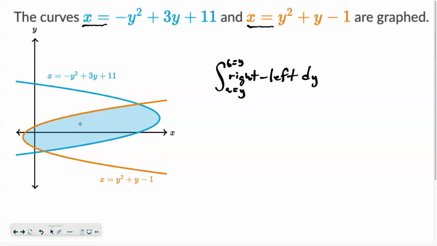Okay, so you guys can see the shaded area. That's not an issue. What we're going to do now is, if you need to, draw a horizontal line to try to figure out information. You don't have to. But I'm going to take the blue equation minus the yellow equation, which would be like the right equation minus the left. So the blue one was what? Negative y squared